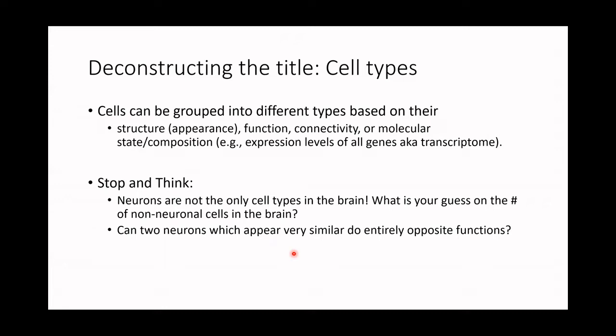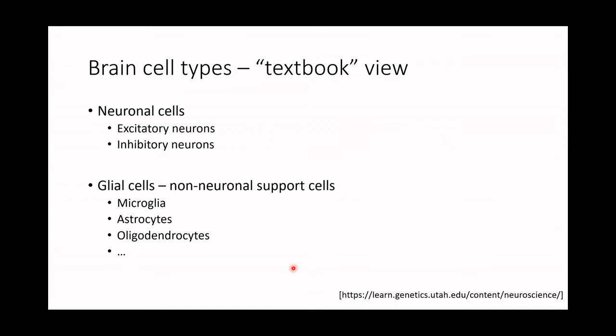So it's also important to know what their functions are and what their molecular state is that enables them to do these different functions. Having given that context and motivation on why we should be looking at all the cell types in the brain, these trillions of cells in the brain,